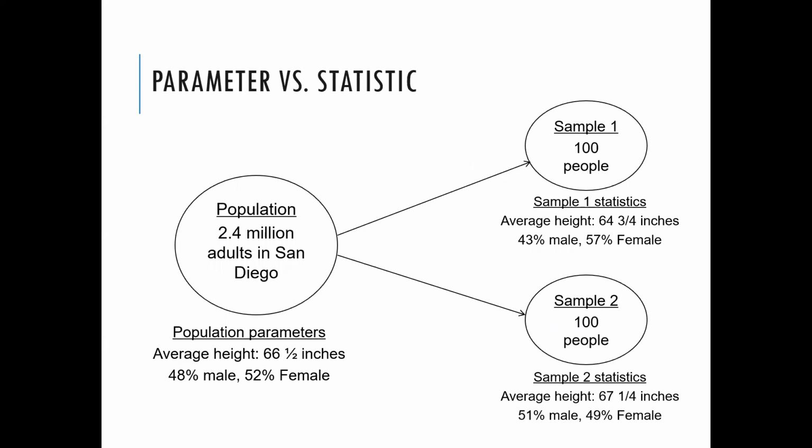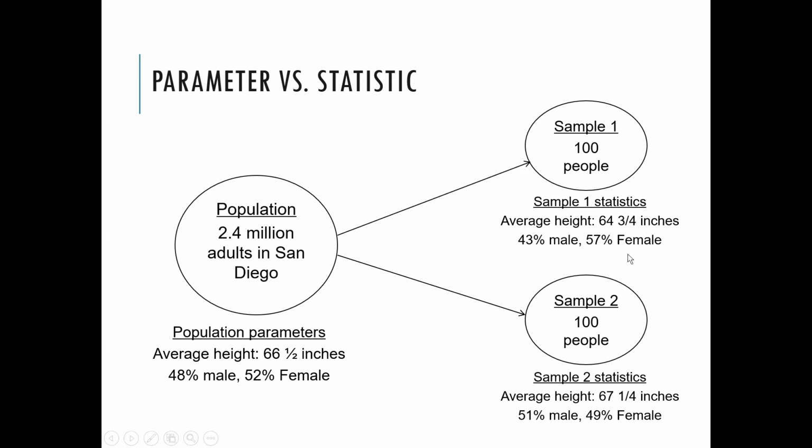So what does that look like? Let's say, for example, we're interested in the population of 2.4 million adults in San Diego. The population parameters, in this case, we happen to know: the average height is 66.5 inches, and of all the adults, 48% are male and 52% are female. But let's say we take a sample of 100 people from this population of interest, and then we measure their height and ask them whether they're male or female. In this first sample of 100 people, our average height is 64.75 inches, and there are 43% male and